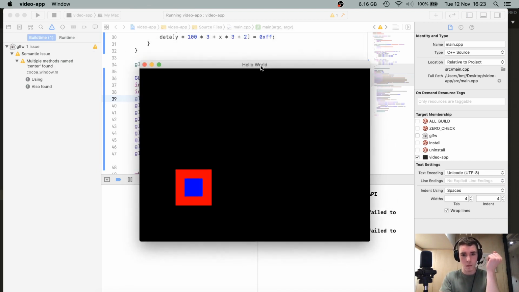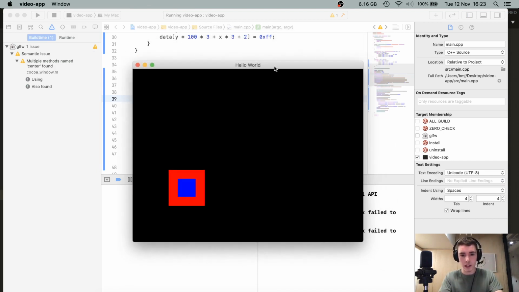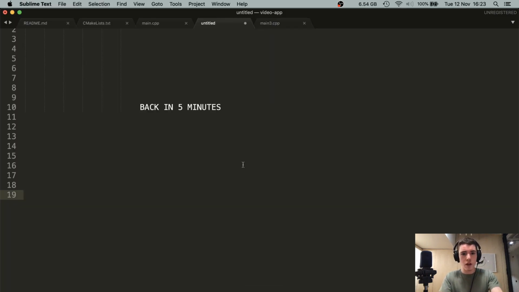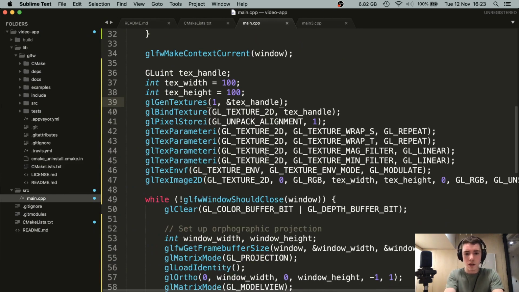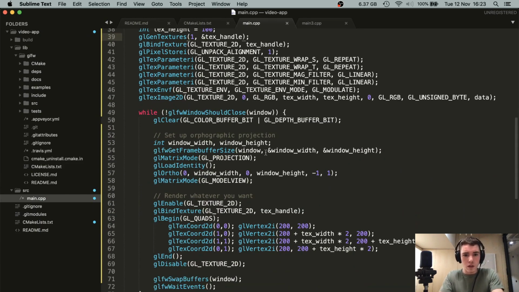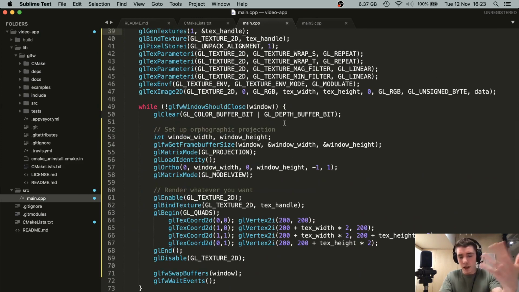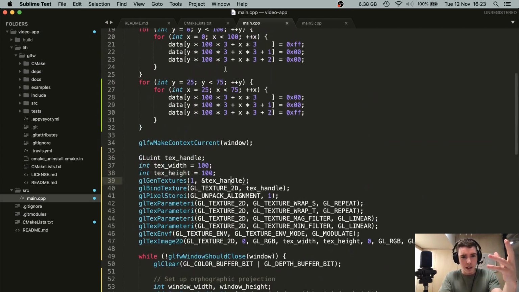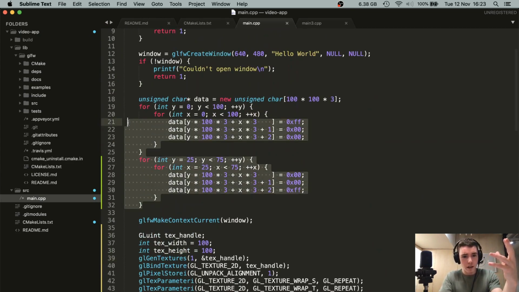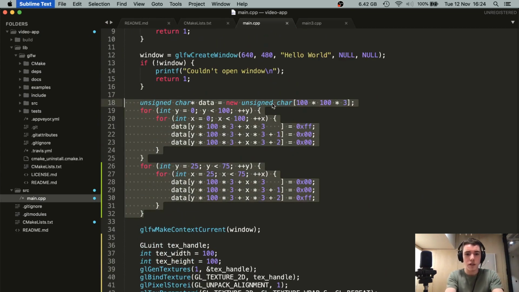It looks like this. We open up a window with Hello World as the title, and we've got this 100 by 100 pixel texture with our pixel data. It's a bit chaotic right now, but in general, up here, we have the essential part, which is